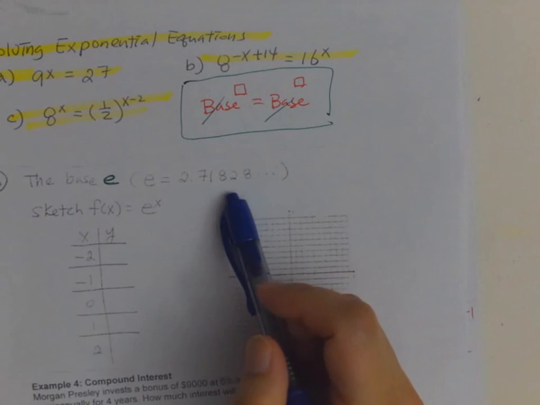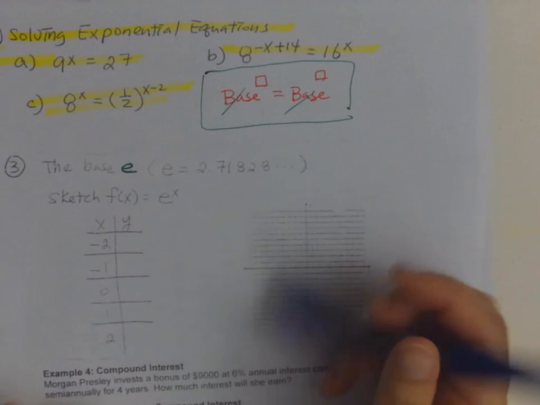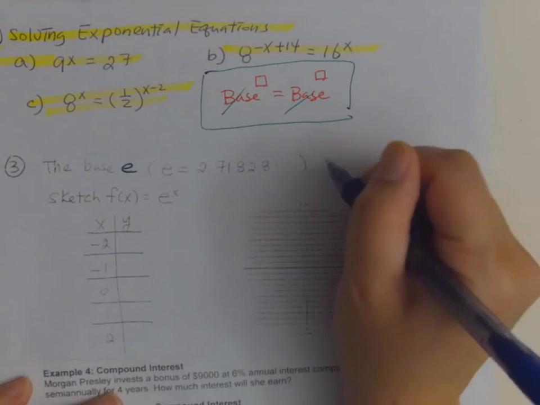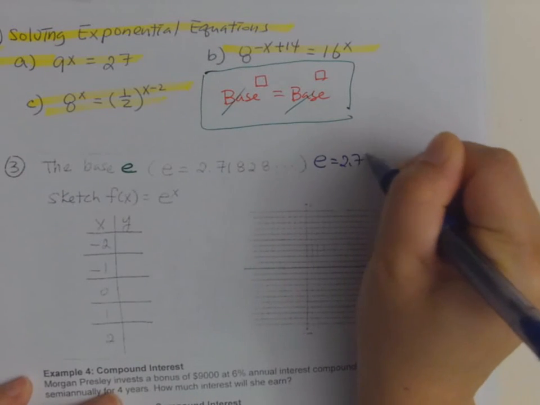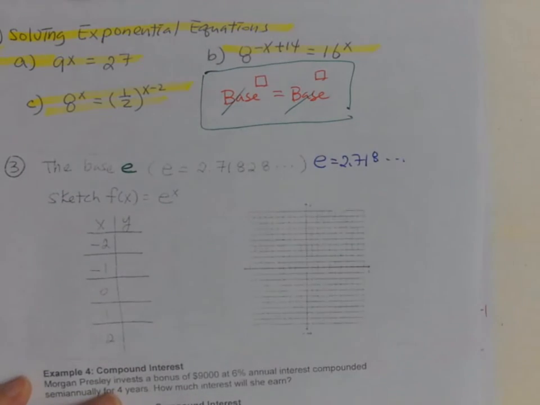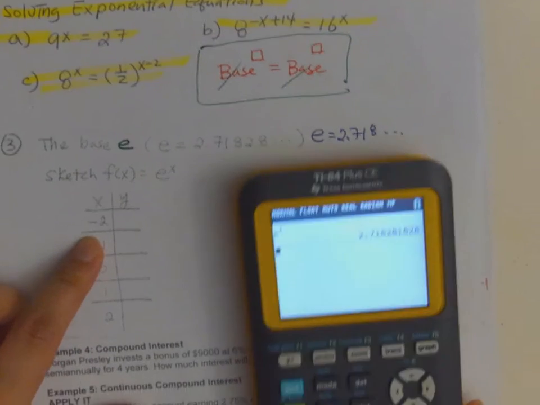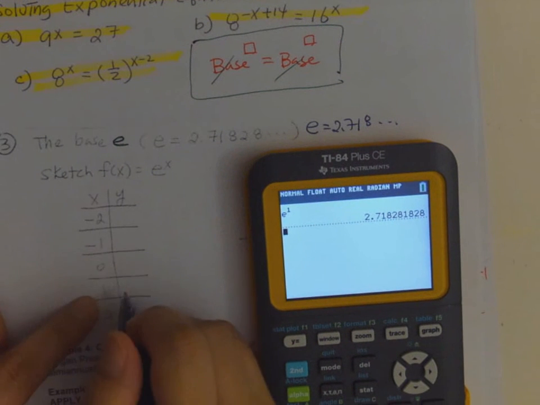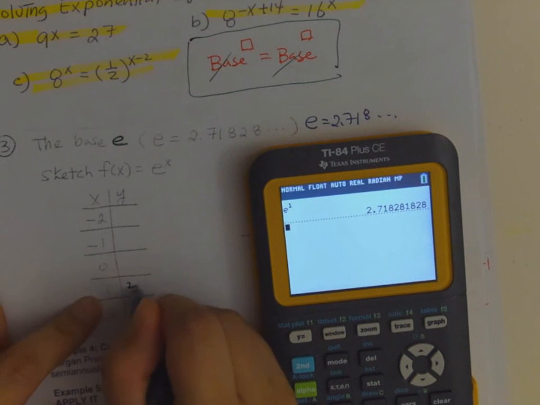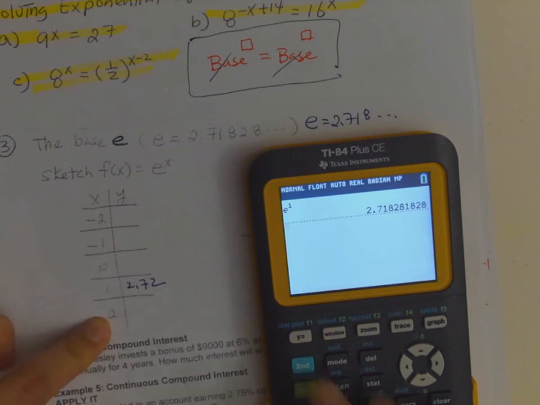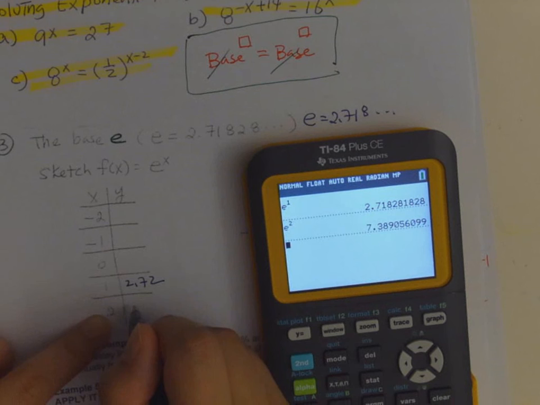This is the natural number, like the pi, it goes on forever. E is they say 2.718 something, right? All right, so if I need to graph this, I probably need to use the calculator for this guy. E to the first power is like 2.72. How about e raised to the second power is going to be rounded to